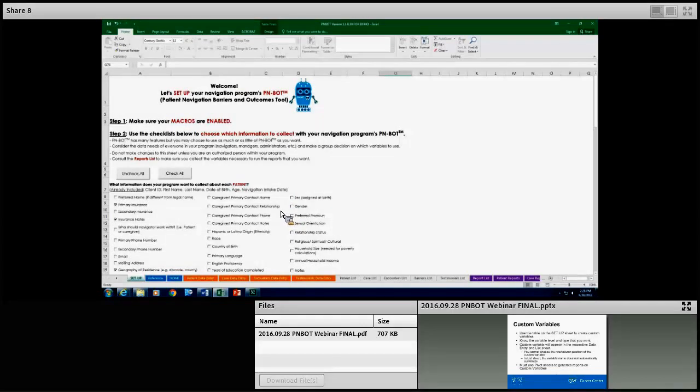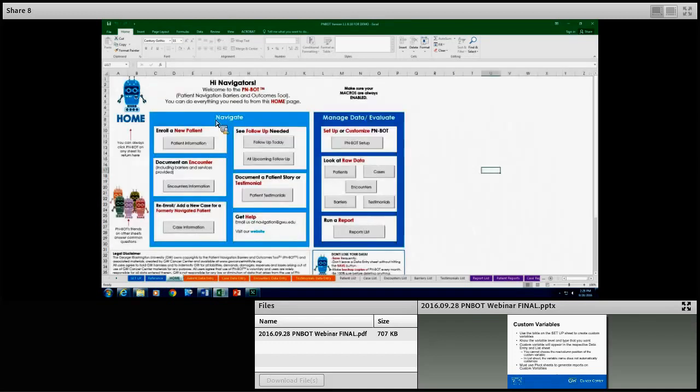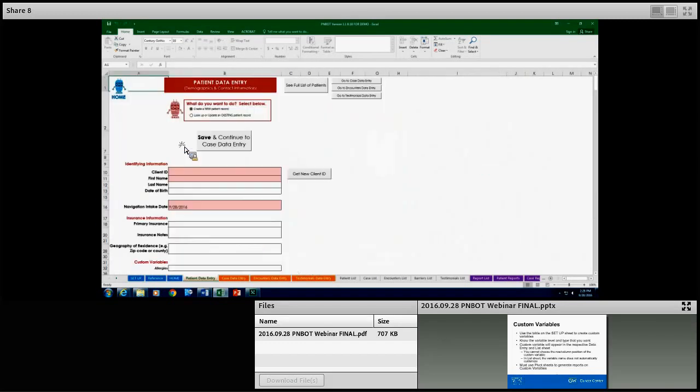So I just want to walk through a concrete example of what things look like now that we've customized PNBot to our particular needs. Let's say we're enrolling a brand new patient in PNBot. So I'm going to start with patient level data entry in the patient data entry sheet. Just as an aside, I can also get to it using this button here from the home screen. I'm going to generate a client ID number. You could also make up your own if you prefer. I'm going to type in a name, a date of birth,